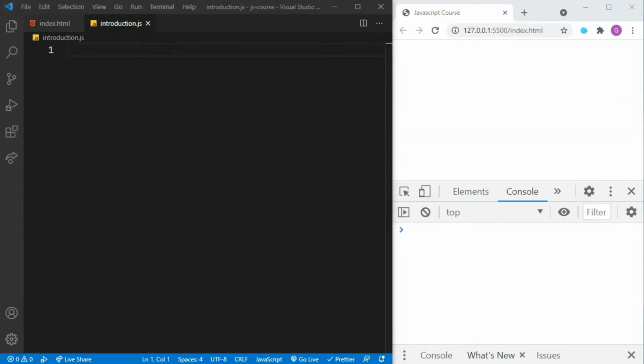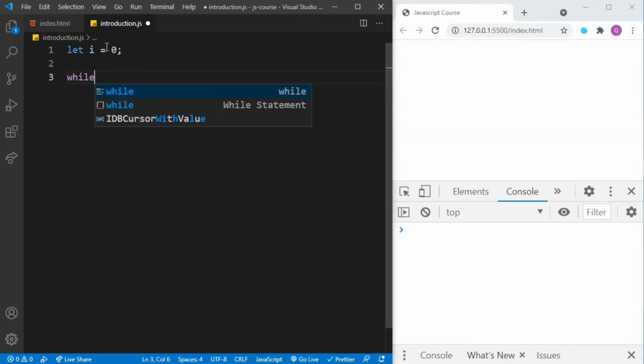Next we have the while loop. Let's see an example. First, let i = 0. We can define a while loop using the while keyword, and here we can specify a condition: if i is less than or equal to 5,